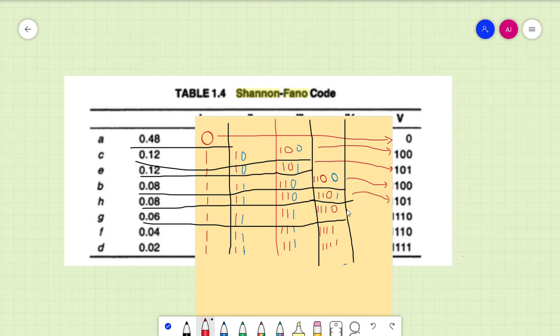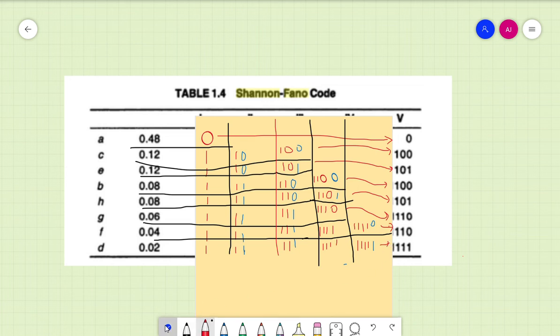And yes, this will be as it is, because the last division which is pending will be this one. Let me write it. Complete it, and the previous code I will write again, 1 2 3 4, 1 2 3 4. The upper part gets 0 and the bottom part gets 1. So this will be my final code. So this is the way we will be doing it for the Shannon-Fano algorithm.